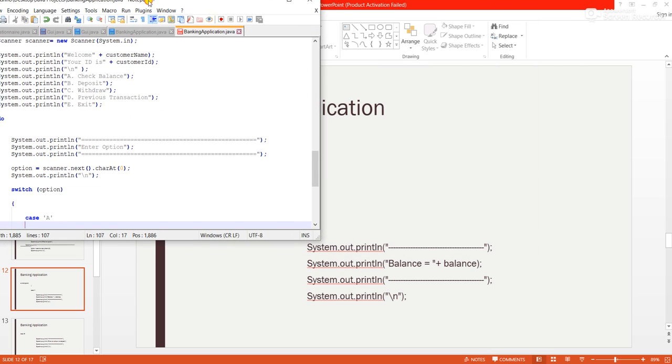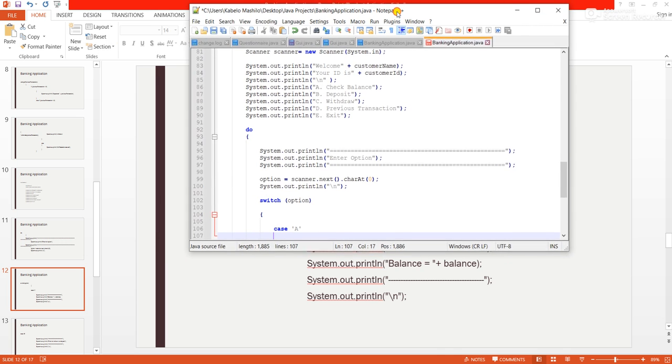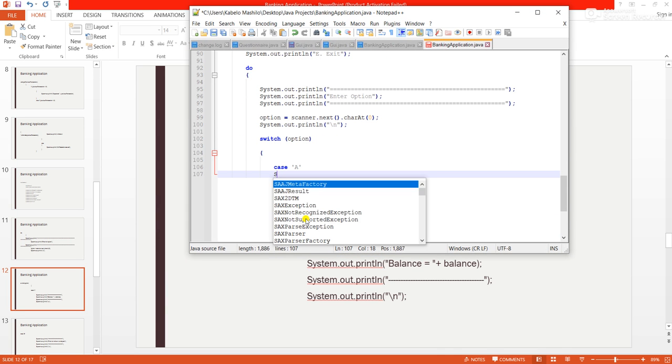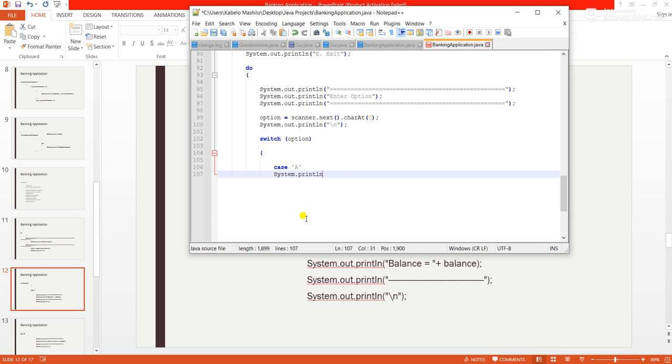System dot print line, okay. System dot print,